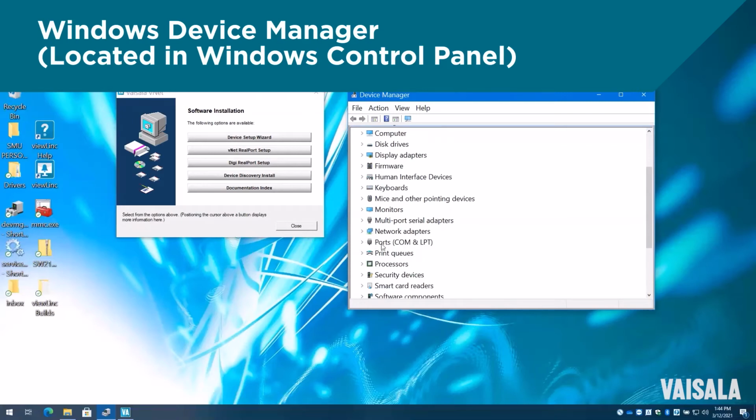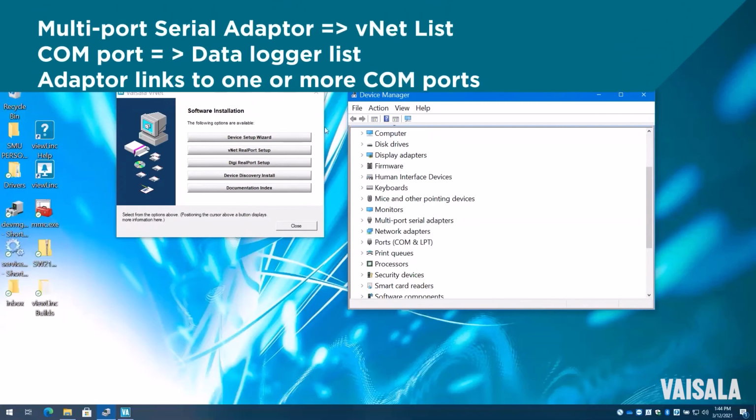By default, you'll see the ports showing up on here, but once you start installing VNets and Digis, you'll see this new section that contains all the multi-port serial adapters. So this is the back end piece that connects the VNets to the ViewLink server.